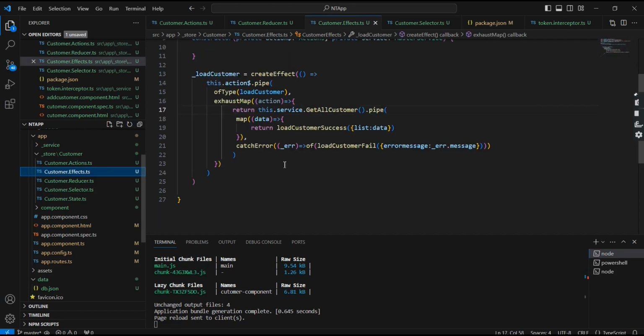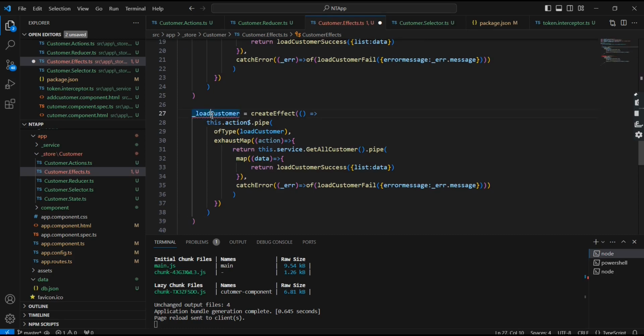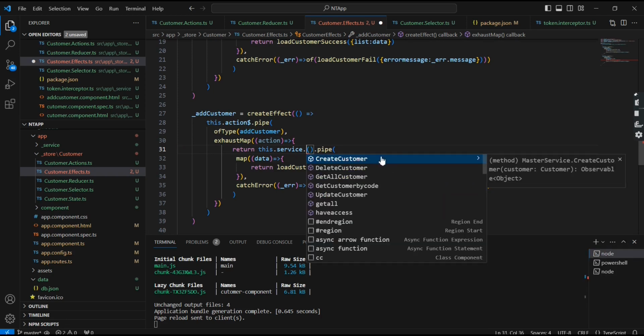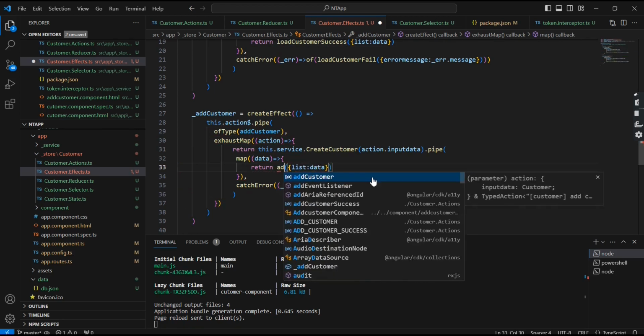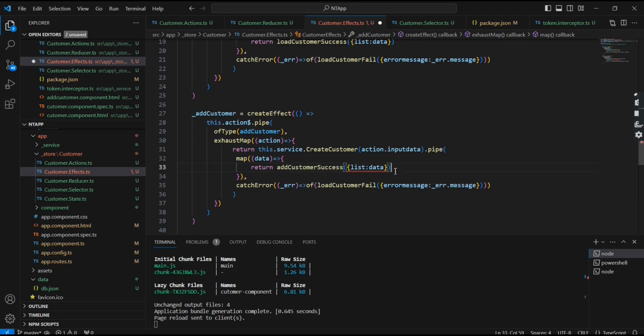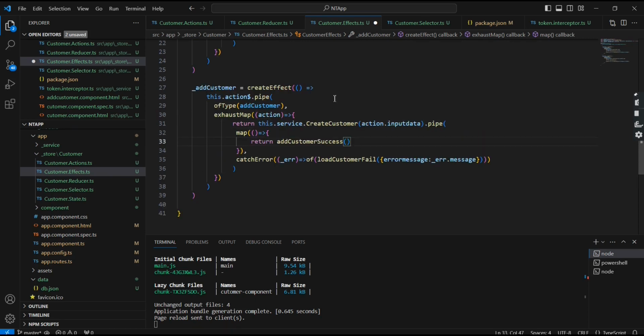So next let me move on to the effects. So in this effects already we have this load customer. Here let me create one more effect section for this add customer. So in this type we are checking as add customer, and in this service let me call this create customer. Okay, and we have to pass the data that we can get it from the action. So once it is completed we can use add customer success. So currently we don't have any data also. Okay, so in this failure scenario we have to show some messages that I will handle in the end of the video. So initially we can complete the functions. Okay,